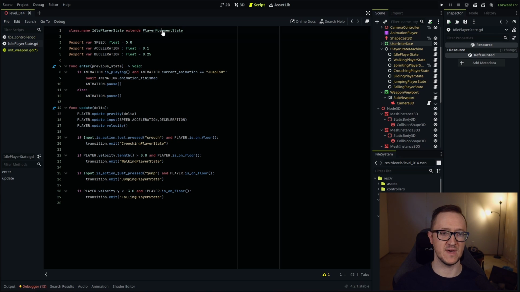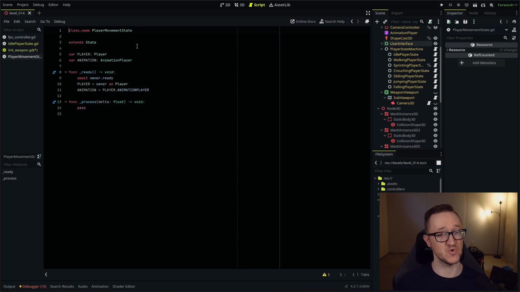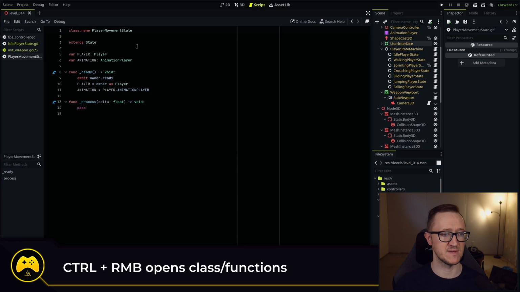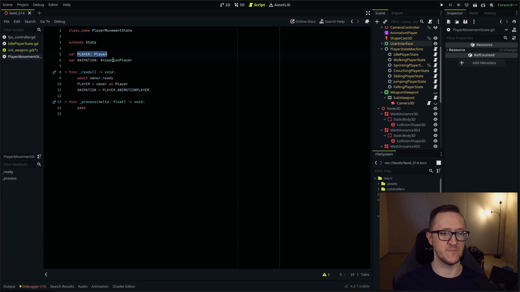So let's open that up. We can do that by hitting Control and clicking on it within the script. And you'll see that we have a reference to our player, and we have a reference to our animation. So whenever we ready this script, we wait till everything loads, and then we set the player variable as the owner, which is, in this case, our FPS controller, and we use that same information to then grab our animation